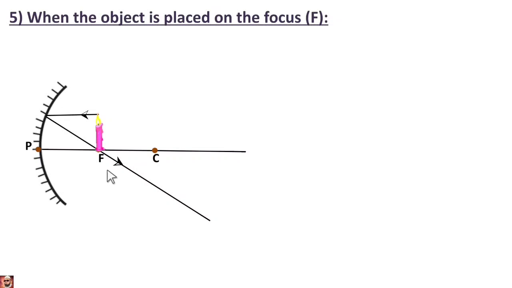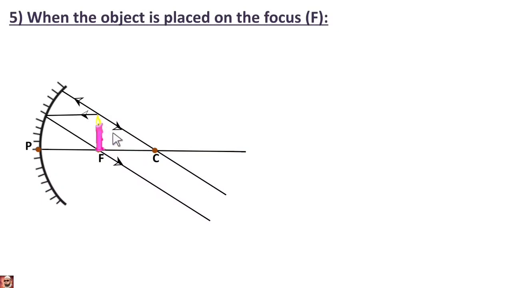So that's why we are going to the third rule. The third rule says that when the light ray is passing through the center of curvature, then the reflected rays travel in the same path but in the opposite direction. See, if you draw the ray diagram, you will get it like this here. This is the light ray falling. It means it is passing through the center of curvature. So the reflected ray will travel in the same path but in the opposite direction.